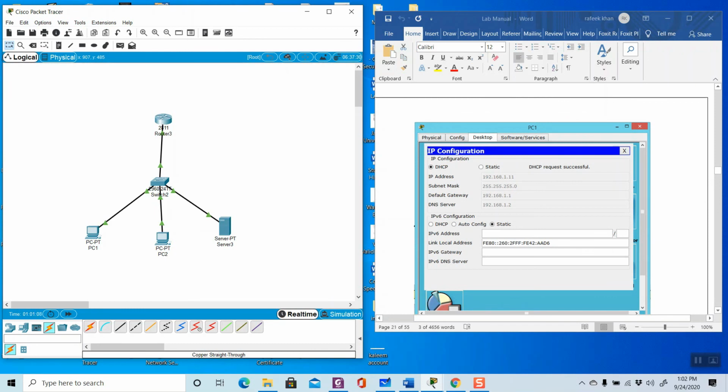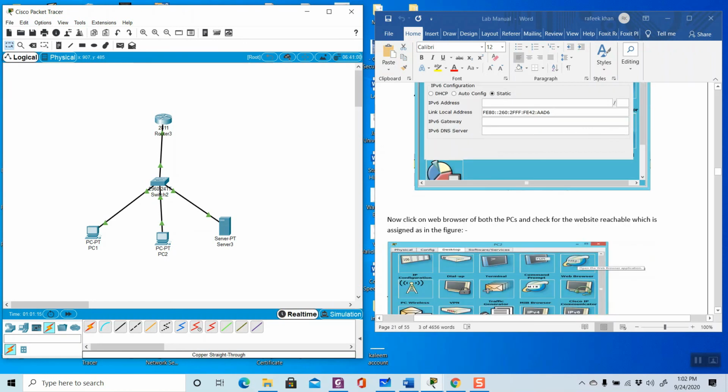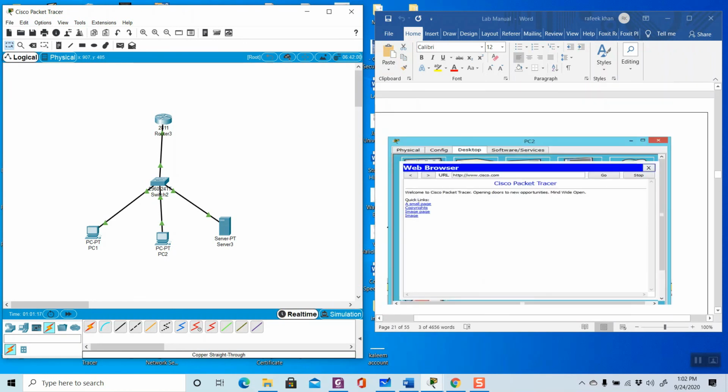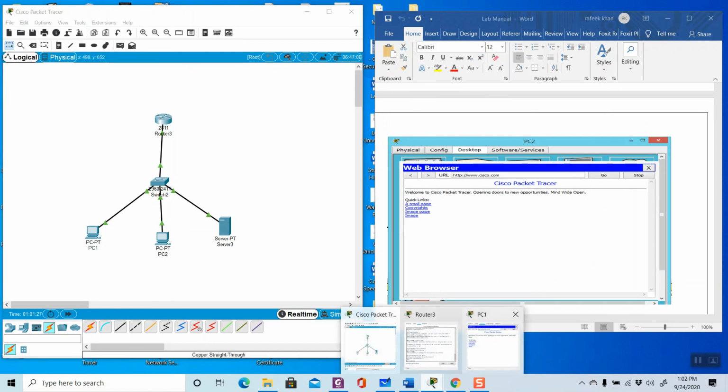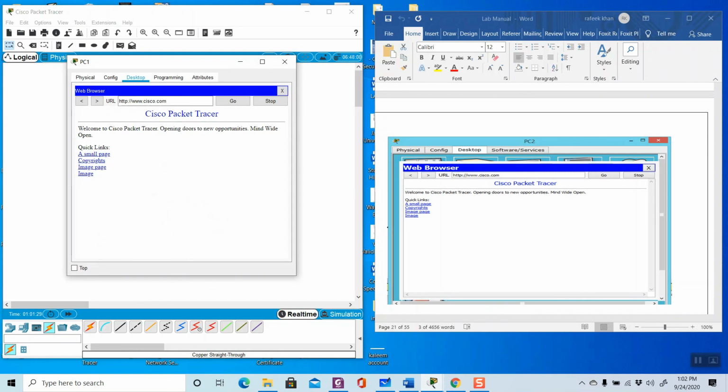Then go PC by PC and click DHCP, and it provides the automatic address from the router. Then we have to verify whether our lab is working or not. Just click www.cisco.com, and if this output comes in your PC, it means your lab is successfully implemented.